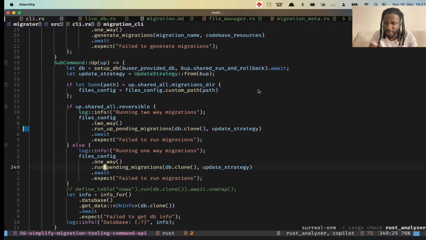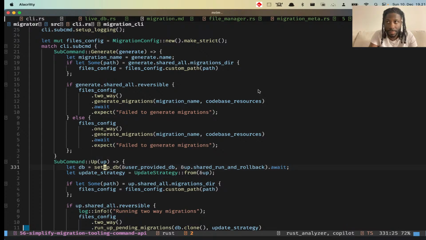So for one way, it could just be run pending migrations. I can work with that. So let's see. Generate migrations, setup DB, and yeah, we are